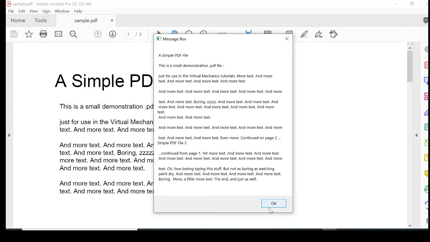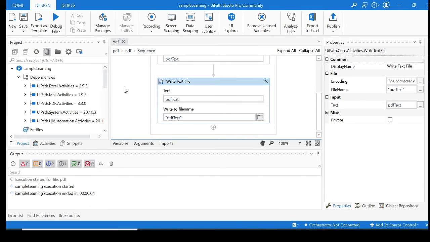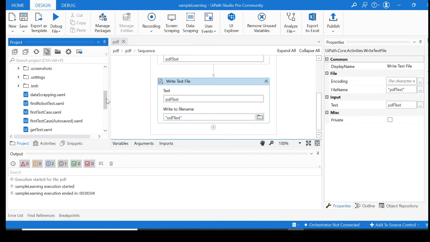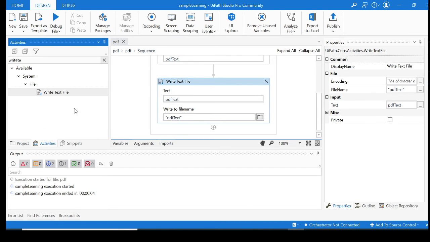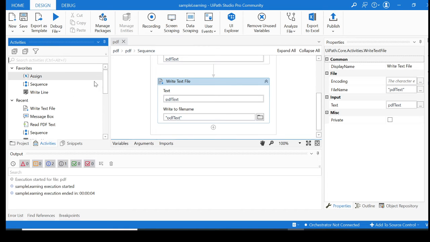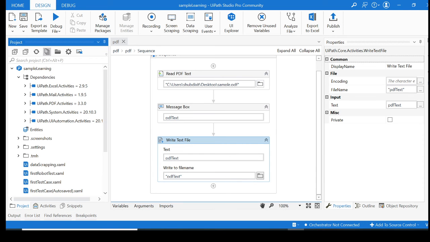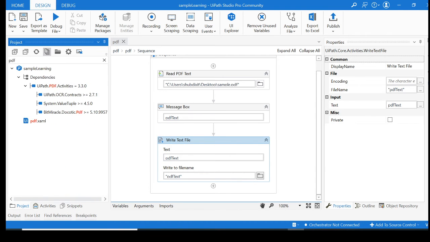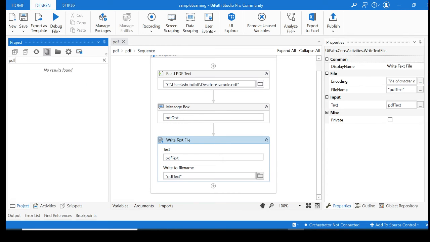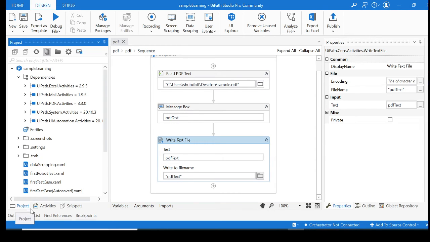So first it is the message box, and another time it's gonna generate a file named PDF text for you. See whether it has generated or not. We got to see it. Okay, not over here where it has generated. I'll have to check that. Let's hide it, and over here we'll search for PDF text. Okay, it has not been generated here. Browse profile.